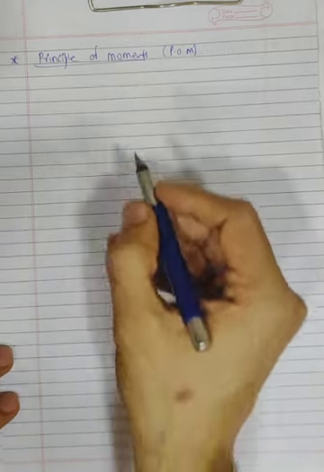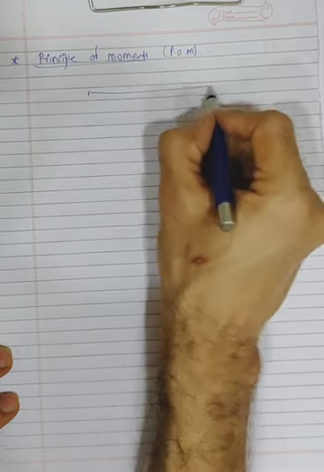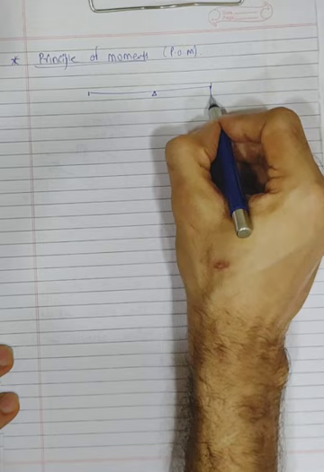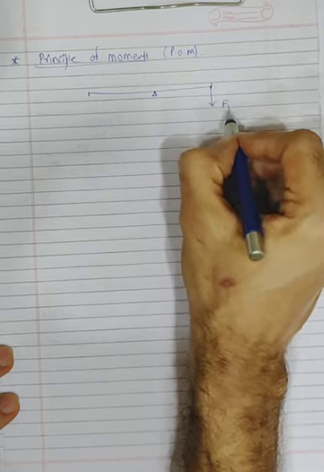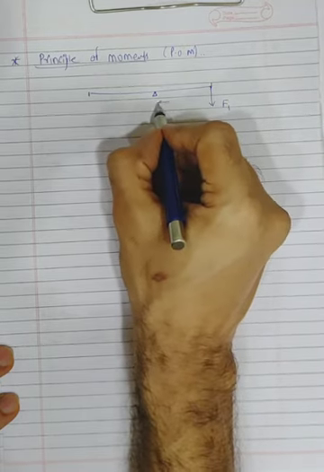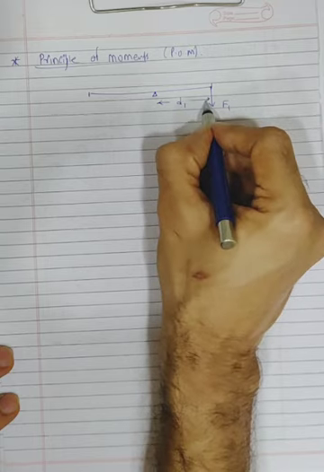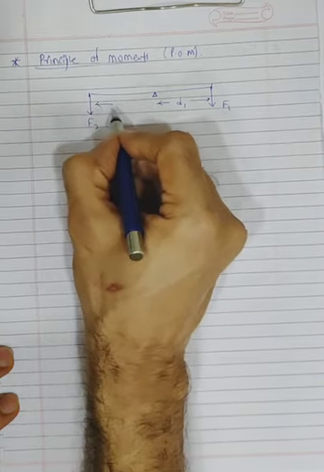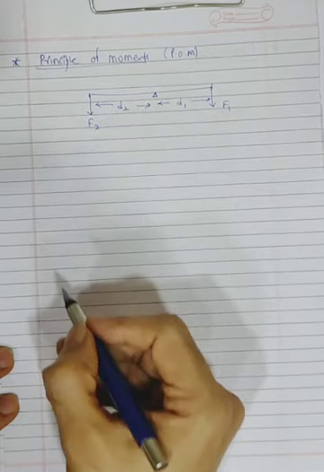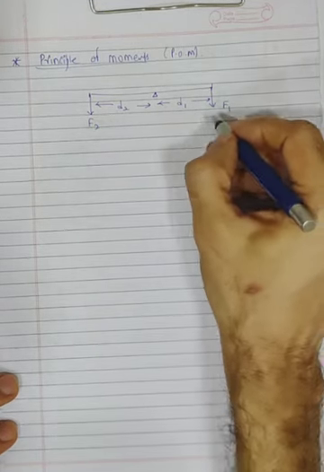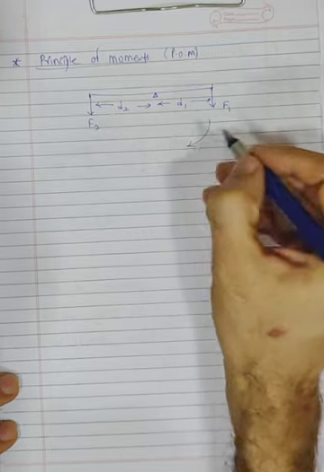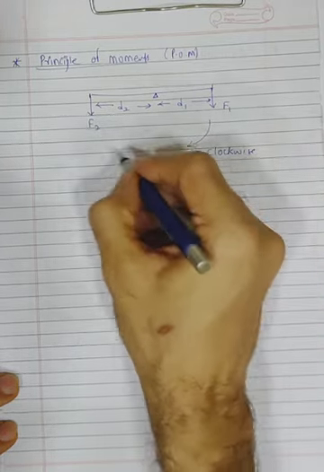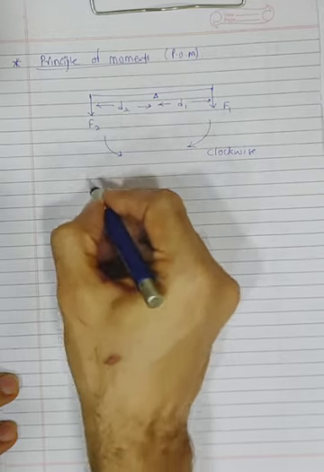Now see, if you look at this figure which I'm drawing out here, let's say this is a fulcrum. There is a force acting downwards, F1, and the perpendicular distance from the fulcrum to here is D1. The force is F2, and the perpendicular distance from here to here is D2. Now this force F1 will create which moment? It will create a clockwise moment. F2 will create which moment?